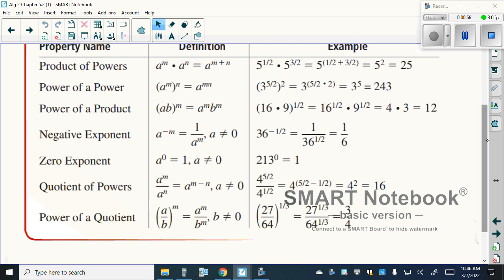And then our power of a power: whenever we have an exponent or number, variable to a power, we multiply the exponents. Now our power of a product